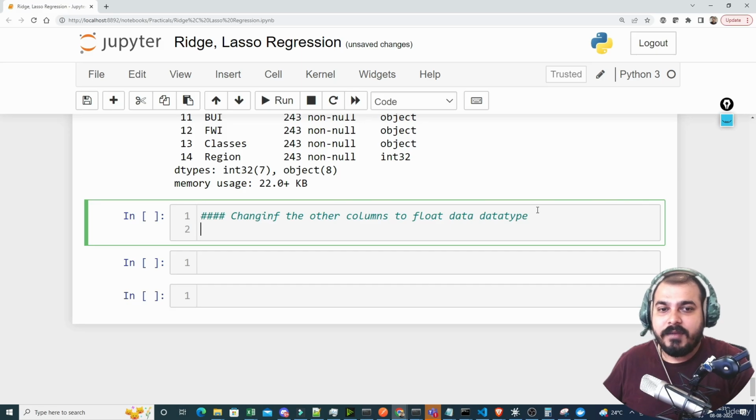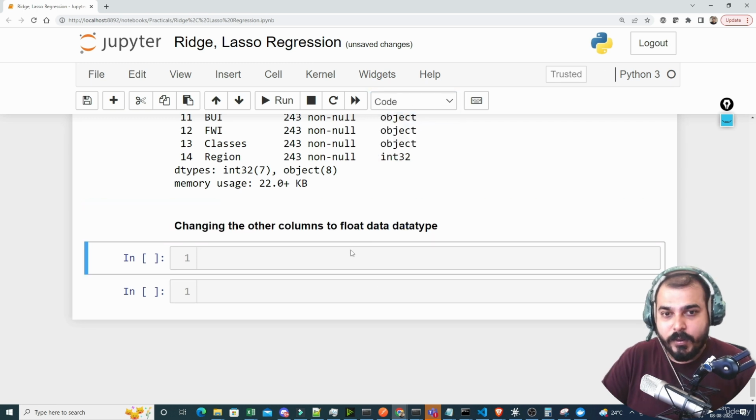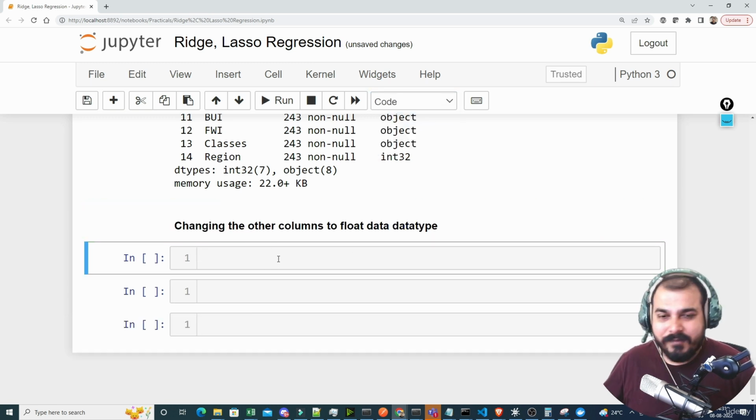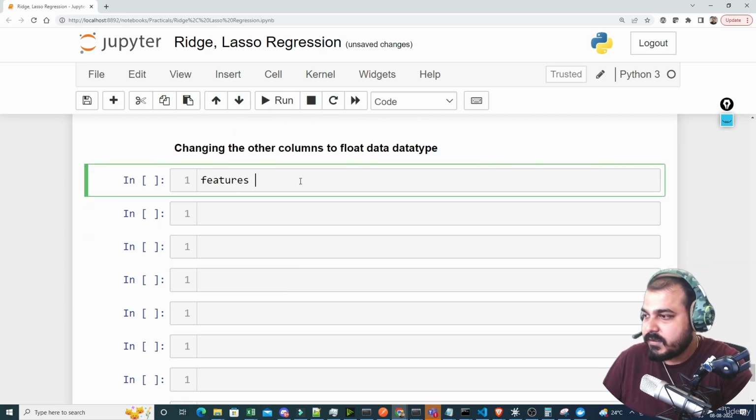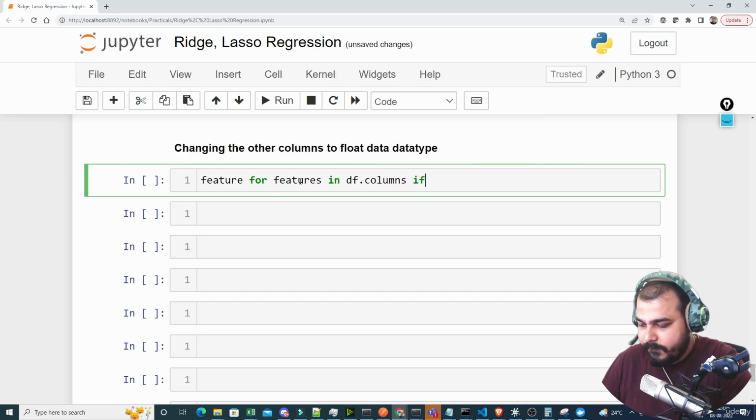Now here, I will just write a common way, right? And the common way will be something like this. And again, you should always try to find a generic way to write the code. Otherwise, you'll definitely have many features when you're working on a real world problem statement. So here I'll say, for feature in features in df.columns, if df of feature's data type is equal to O,